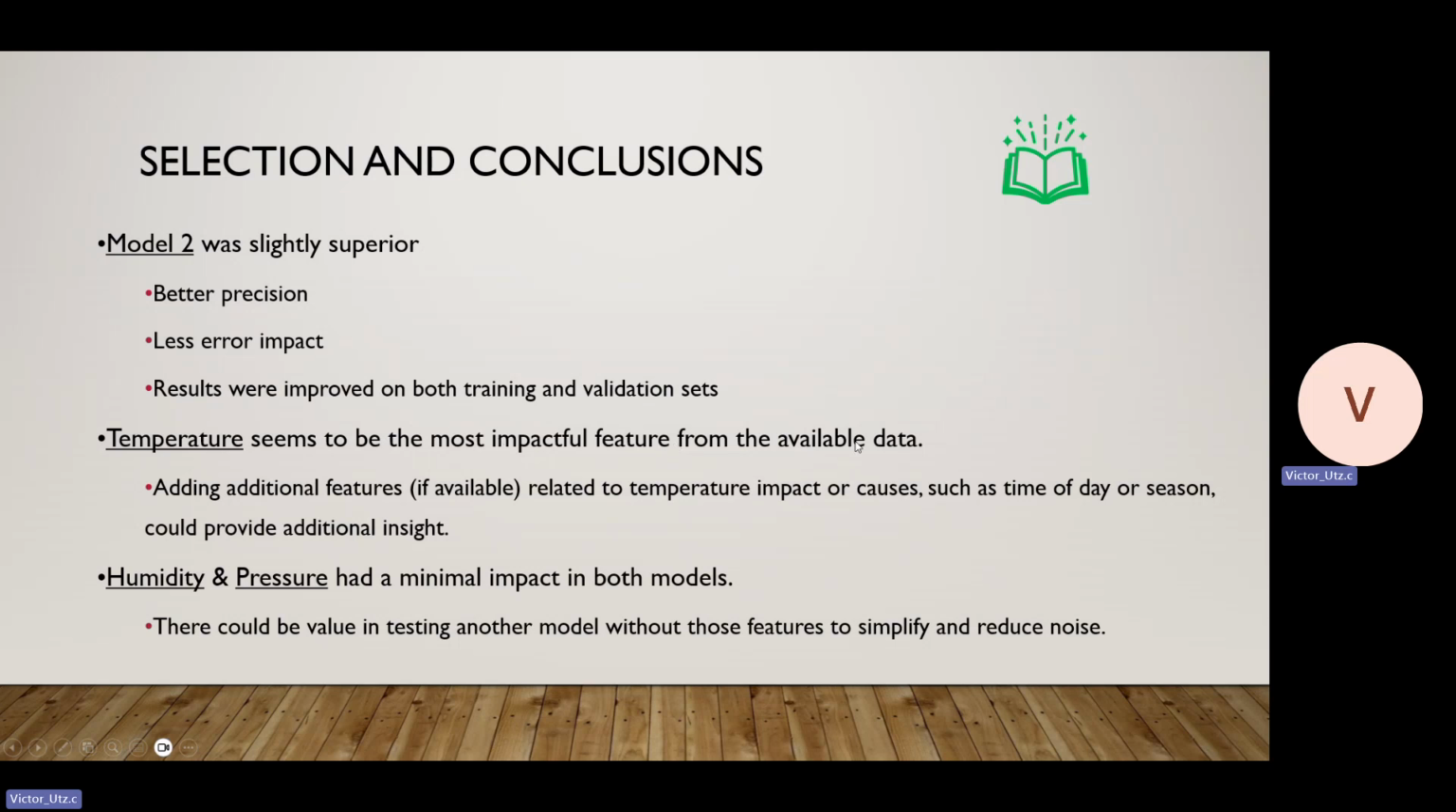You'll also notice, as I said, temperature is more impactful. If we were going to do this a bit more, I might add a couple of other engineered fields or data set fields if we have them available, particularly things like time of day or season that are tied into the temperature, which could be very informative. We may also want to eliminate humidity and pressure to see if we can simplify the overall